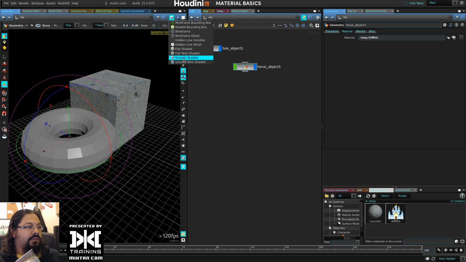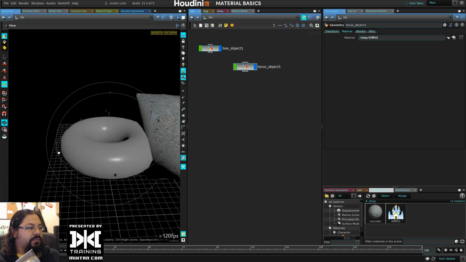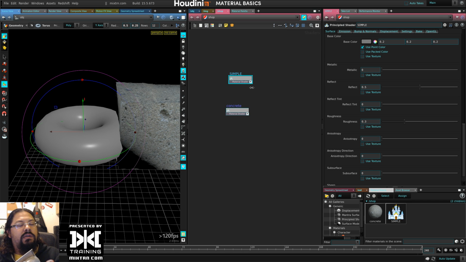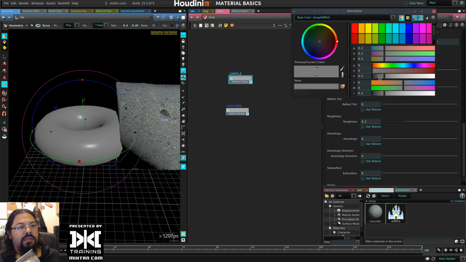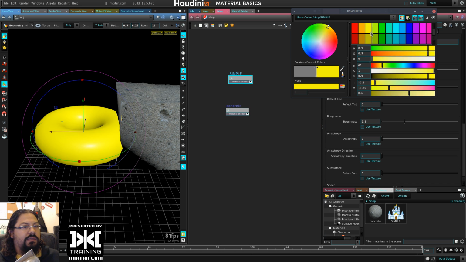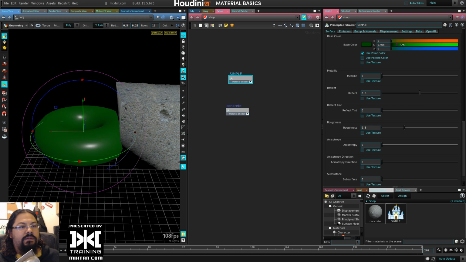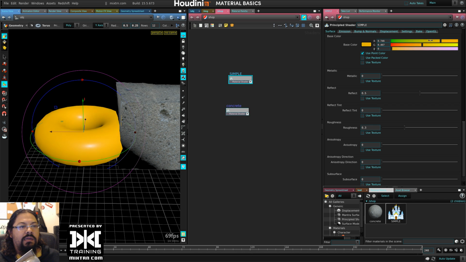Let me go to smooth shader now. You can see that's the material we just created. If we go to the parameters, it's pretty simple. Parameters, color, you just click on it, change the color to whatever we want. We can click this color wheel here and have different ways of selecting the color. These are pretty basic things. HSB, temperature,